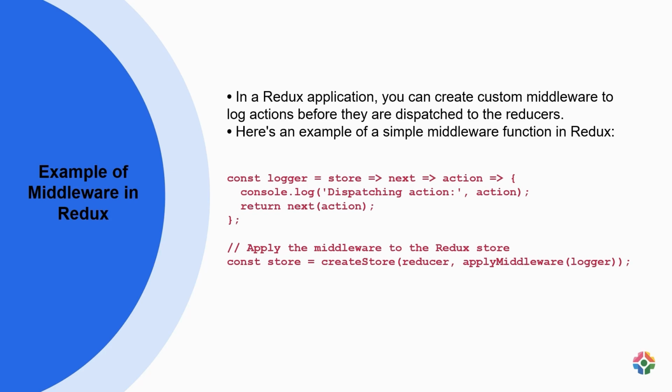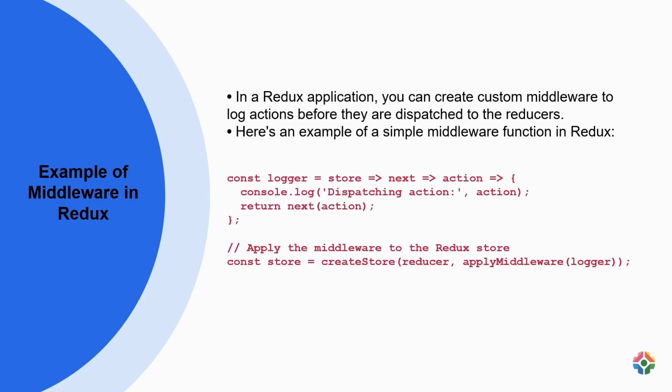Middleware functions in Redux follow a specific structure. The example provided demonstrates a basic middleware function named logger. This function receives the Redux store and returns a function that takes next as a parameter, which in turn receives the action to be logged. Inside the logger function, the action is logged using console.log, and then next(action) is called to continue the action